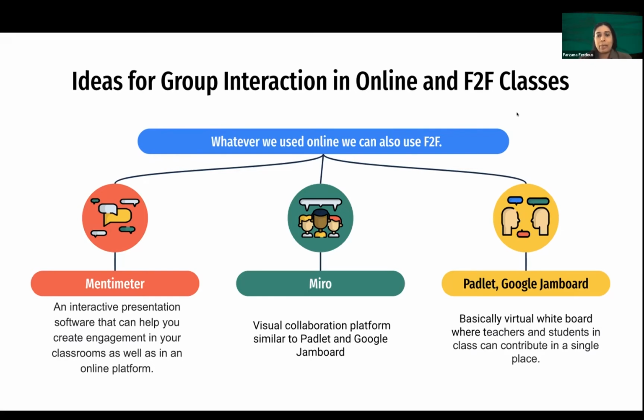Next, I have Padlet and Google Jamboard. Throughout the day today, we've had some examples of Google Jamboard already. We've all kind of used some of it. So even if you haven't used it in class, this is something that definitely can be used in class. Just earlier today, in one of the talks, the presenter was talking about using Google Jamboard as an exit kind of tool.